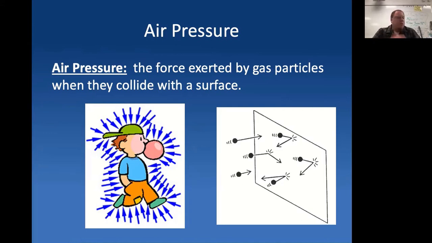Now, we are, in fact, used to it. In fact, if we didn't have that pressure on us, we would die. We need the air pressure because we evolved in pressure. And so us as a species, in fact, all species that live in the atmosphere, need that air around them to push on them.